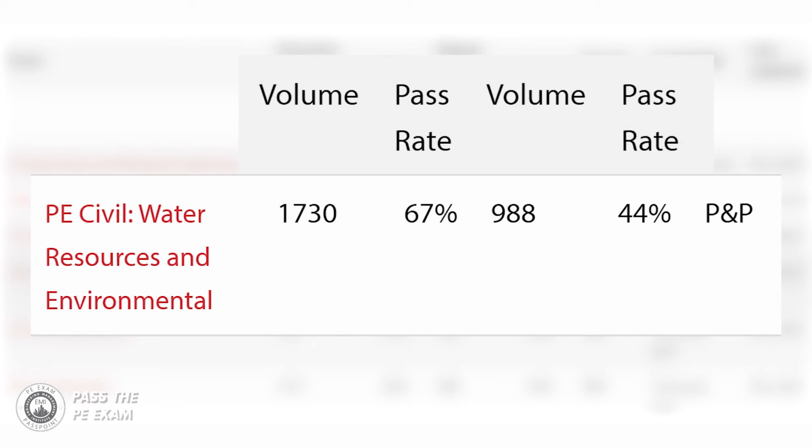As of December 2021, the PE Water Resources and Environmental Engineering depth has a 67% pass rate for first-time takers and a 44% pass rate for repeat takers. You can view the full list of pass rates on the NCEES website. Now, let's compare them to the PE Civil Geotechnical, Construction, Structural Depth, and Transportation exams that we discussed in the